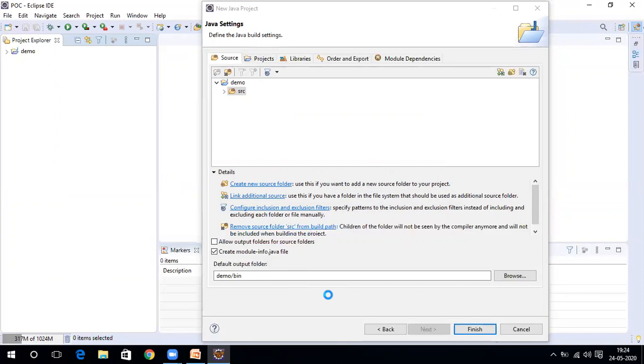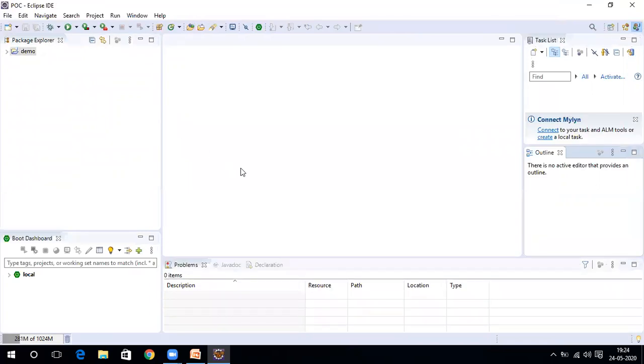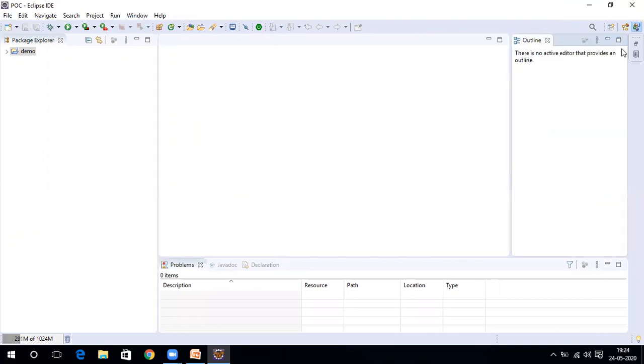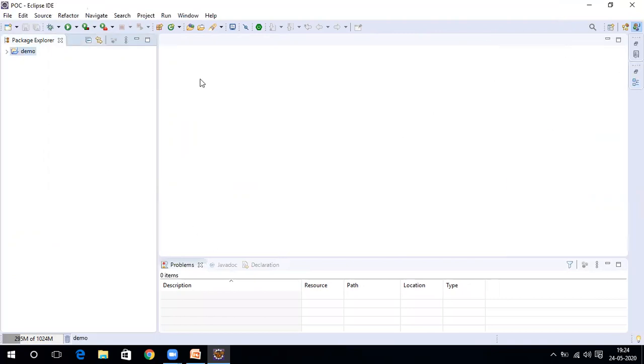So now what will happen? My Eclipse settings will go according to that. Okay. Right, now you see, right? Here you can close this thing, it is not required. Okay, so that's all, simple. You can see here the demo project is available, and under it you can see the JRE system library, whatever we gave here, right? And then here the src package we created.